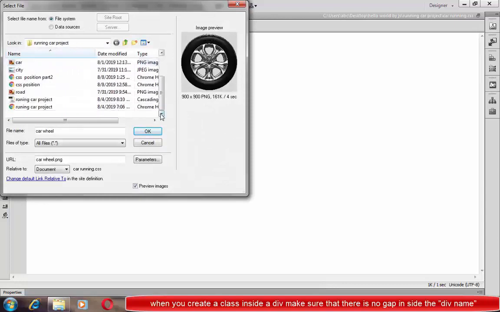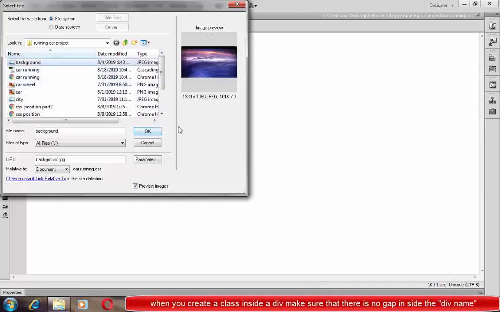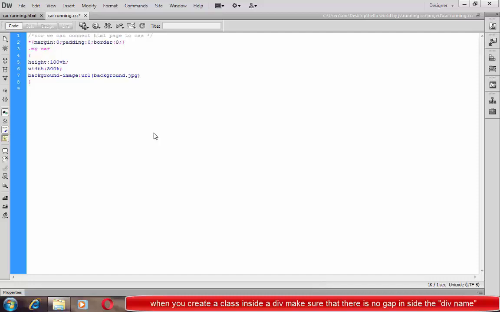So again I choose this for the background here, and we just select a background image here. You can see that this is my background image here. You can see this is the total properties of the background, and we press OK, and after that we use the semicolon here.